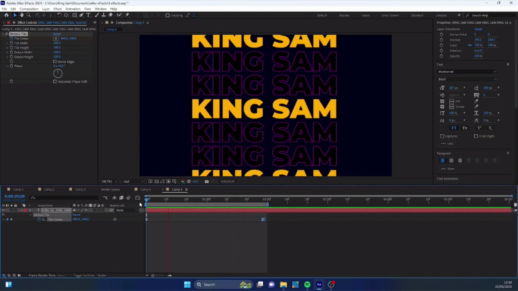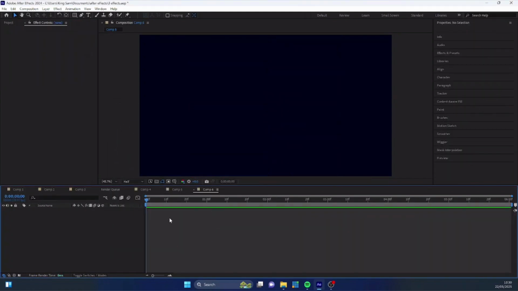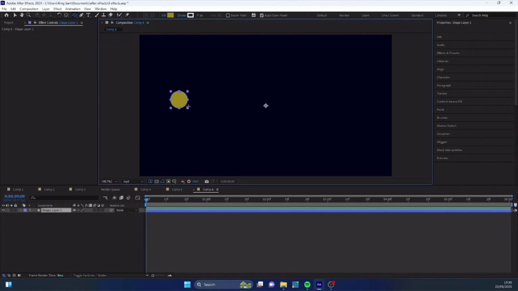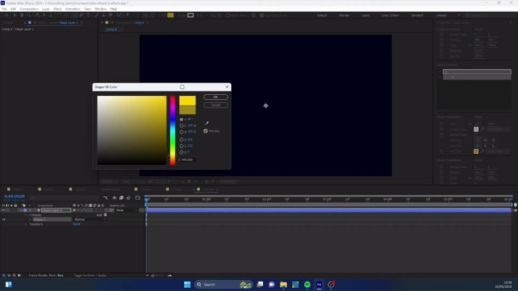Yeah, you can see it is looking amazing. Now let's create a new composition again. Click on OK, and for this one I'm going to work on our set matte. So I'm just going to my shape tool here, and I'm just going to draw a simple ellipse. Let's draw an ellipse like this, and let's make it bright yellow